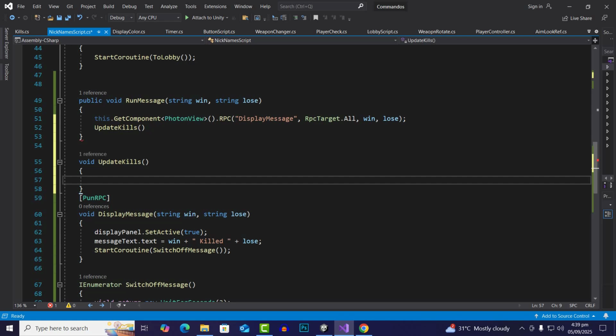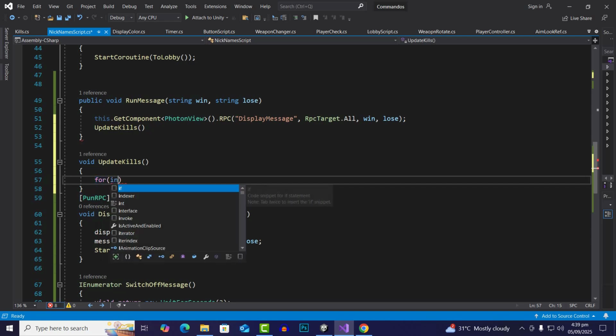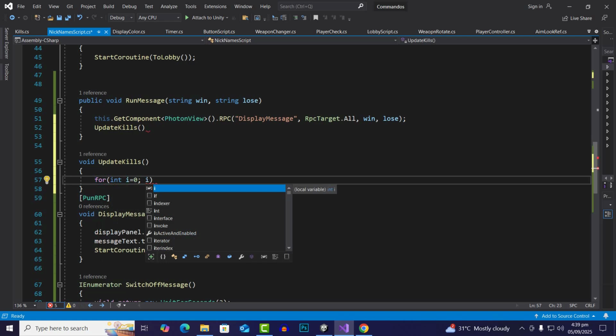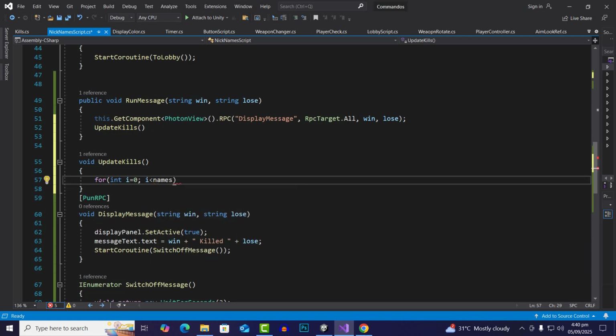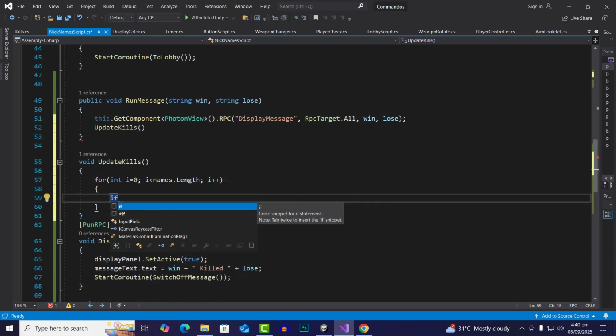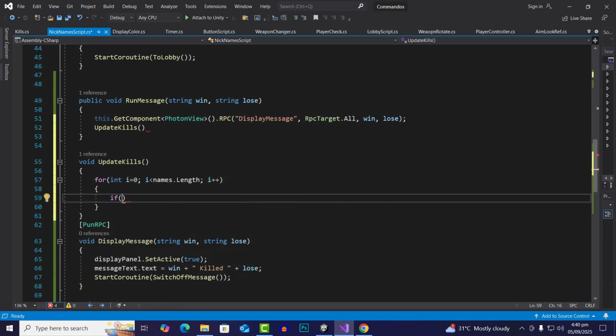And now for this function we'll say that for int i equal to 0, i is less than names dot length, and i plus plus. If, when is names